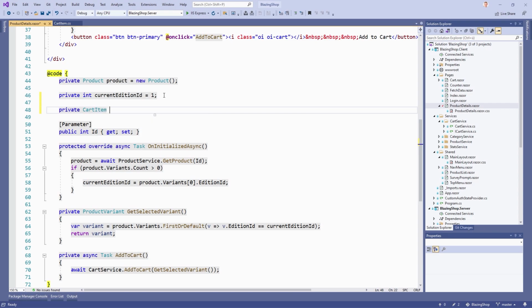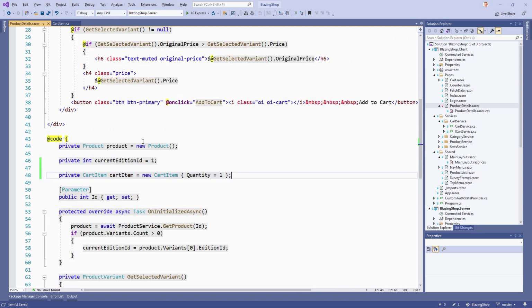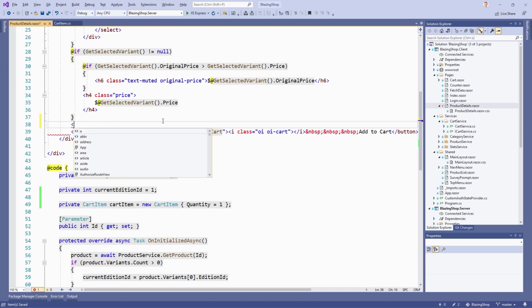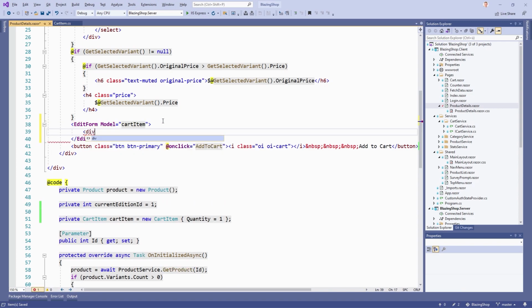The cart item again here, new cart item, and I already want to initialize this with a quantity of 1, because this is actually the only thing we need now in the edit form. And the edit form now can be actually, where can we put this? Yeah, let's do this here. So we add the edit form component, and this edit form now needs a model, and this is our cart item. And in there now we add a new div with the class